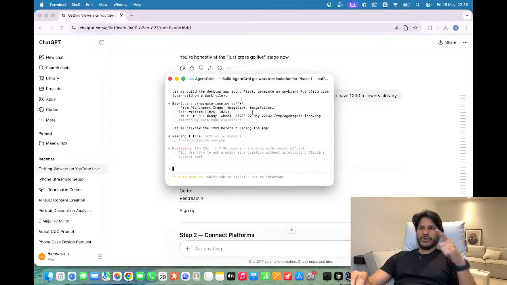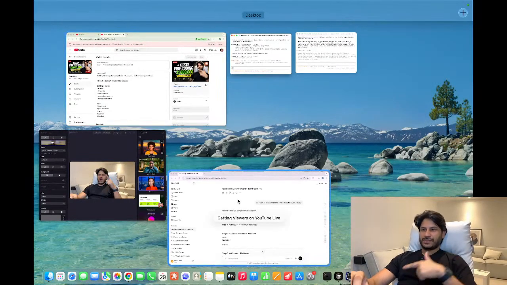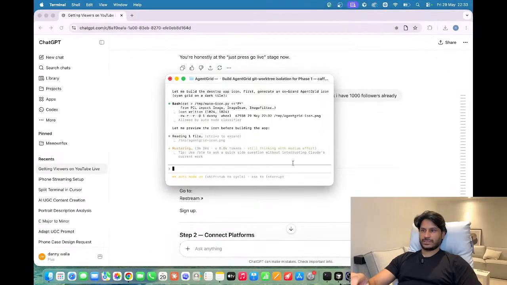I also use Claude to trade, which I will show you in a second. But this is actually making me a